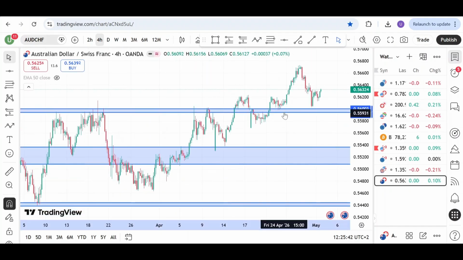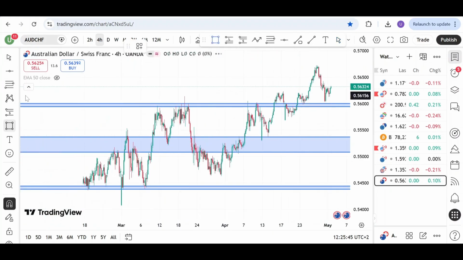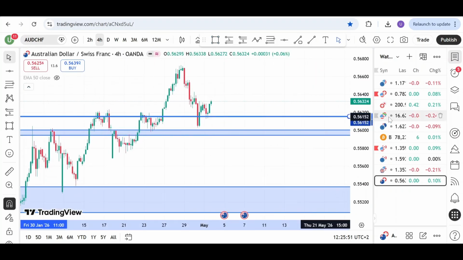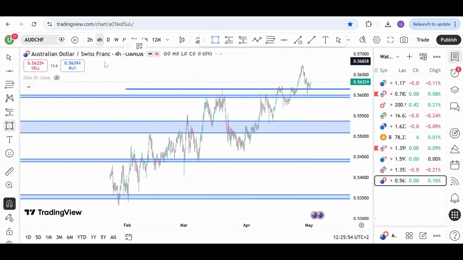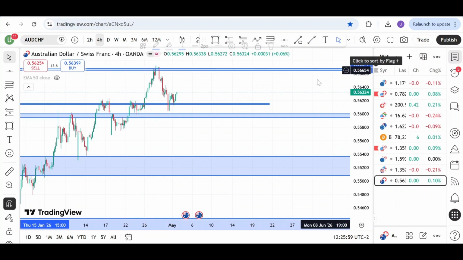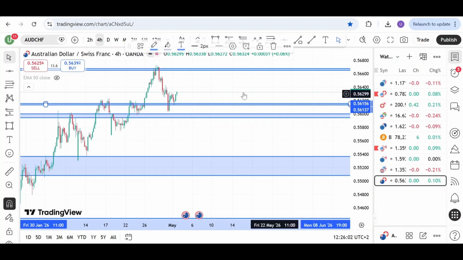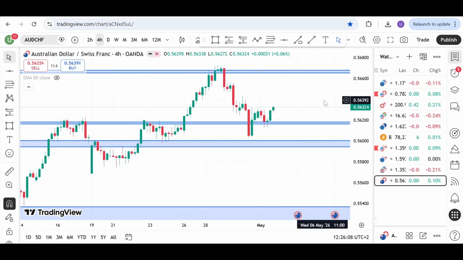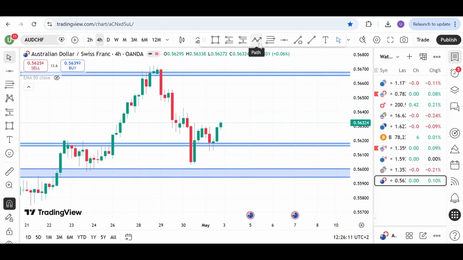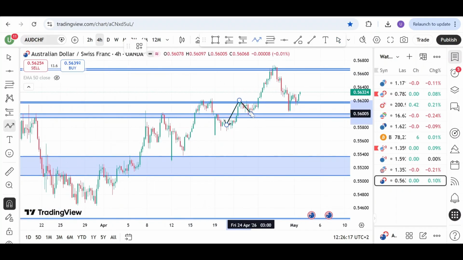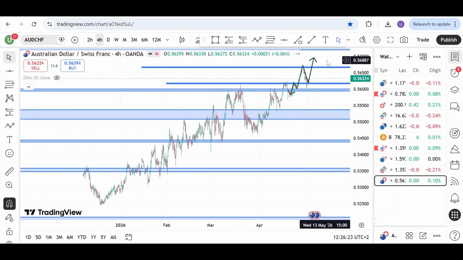Okay, beautiful. This is a zone here, as you can see. This is an H4 zone here, and also this is another zone here. So you can see we are in an uptrend, and even the structure is very clear, and the entry has also been formed. We are seeing higher high, higher low, higher high, higher low. Can expect the continuation to the